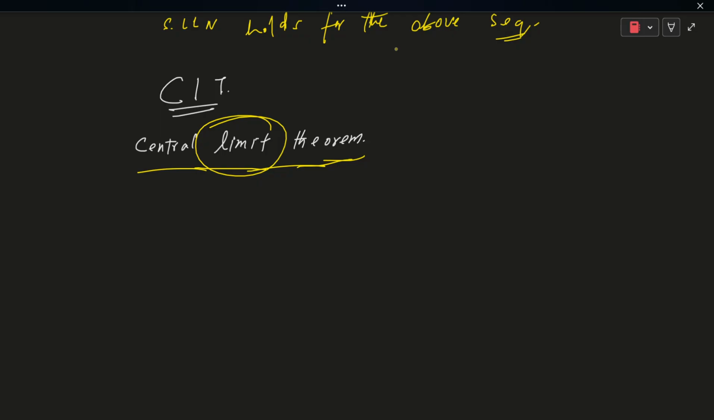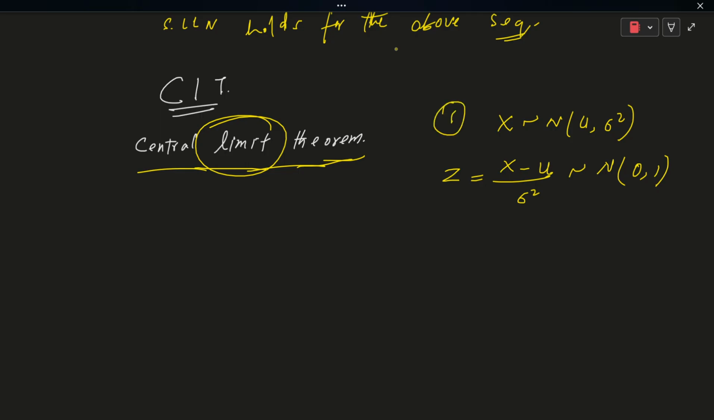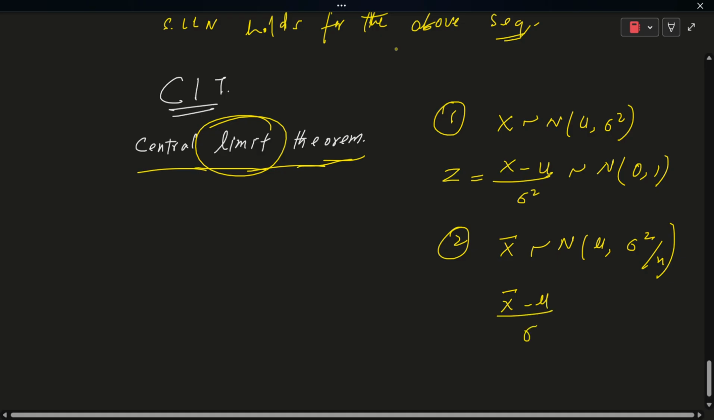लिमिट का यूज है। पहले मैं आपको बता दूं कि अगर x फॉलो कर रहा है नॉर्मल म्यू कमा सिग्मा स्क्वायर को, तो (x माइनस म्यू) अपॉन सिग्मा किसको फॉलो करेगा? नॉर्मल 0,1 को। दिस इज स्टैंडर्ड नॉर्मल वेरिएट। नंबर 2, x बार विल फॉलो नॉर्मल म्यू कमा सिग्मा स्क्वायर अपॉन n, ठीक है? तो यहां से x बार माइनस म्यू अपॉन सिग्मा अपॉन root n विल आल्सो फॉलो नॉर्मल 0,1। ये दो चीजें आपको अभी याद रखनी है।